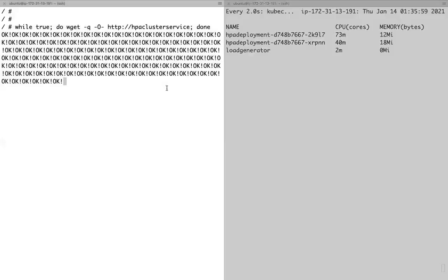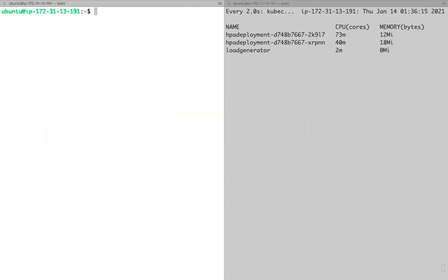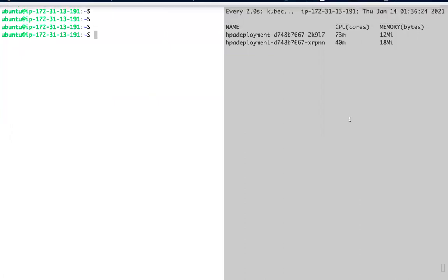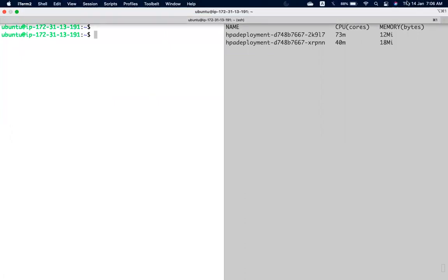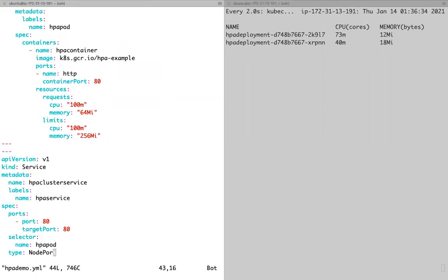Instead of doing manual scaling, you can deploy. Let me stop this. Let me come out of this one, exit. So it will terminate this pod. Now, instead of manual scaling, I can create an HPA, horizontal pod autoscaler object, so that based on the CPU memory utilization, it will scale the pods. It will increase the number of pod replicas. So let me deploy that as well.